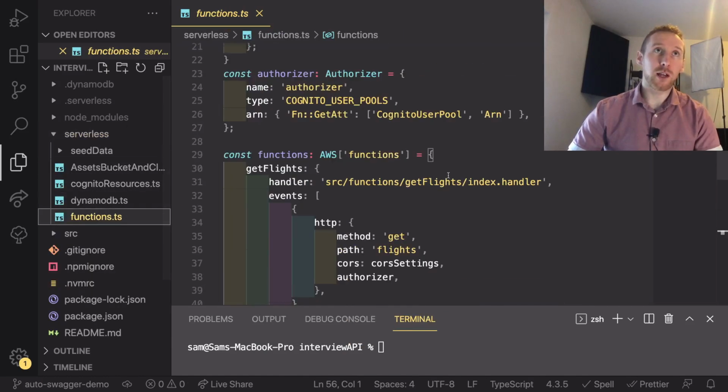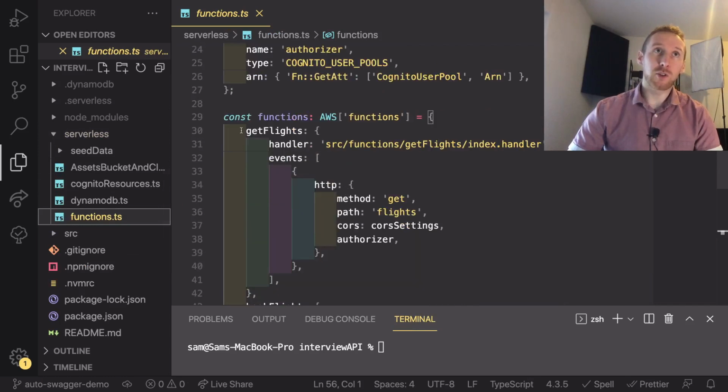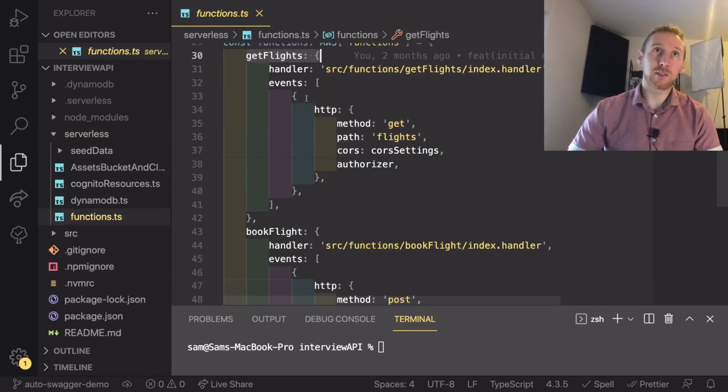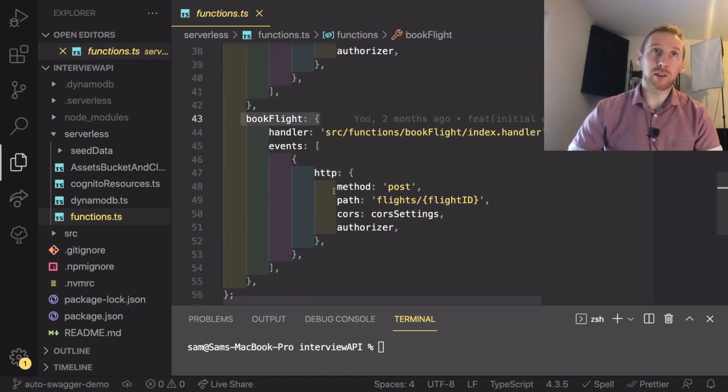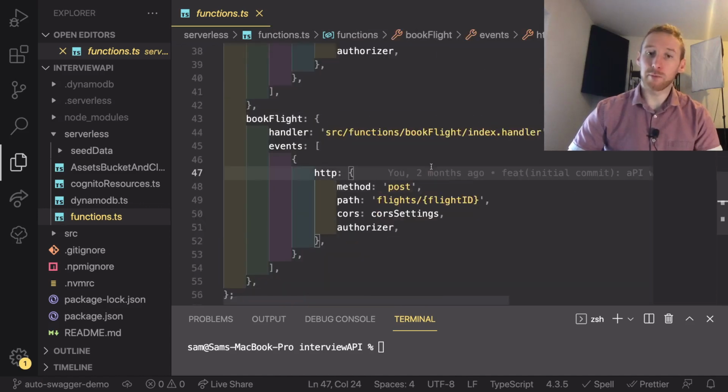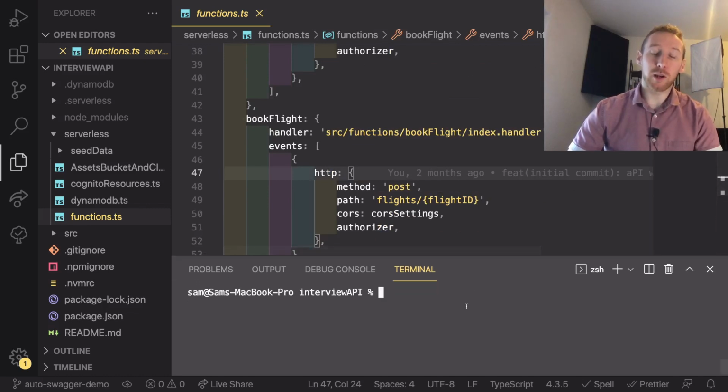And if we have a look at those, currently we have two functions, a get flights with a single HTTP method, as well as book flights, which has a post method. So to get our serverless auto-swagger working, first we need to install it. We do that by running npm install